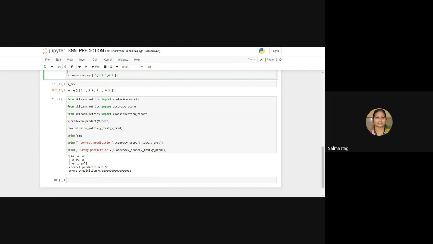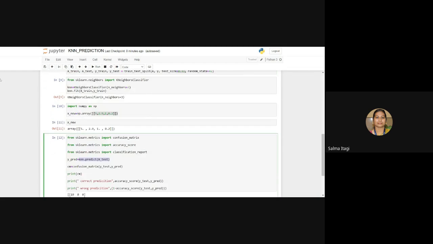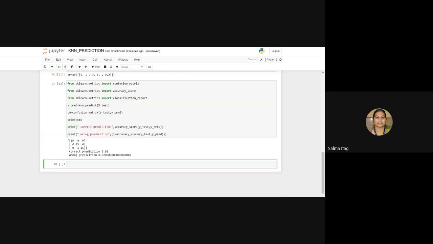We use a classification report to get the accuracy and also the error. So we predict on the X test data set, which is a new data point. We fit the model and predict for this data point which class it belongs to.